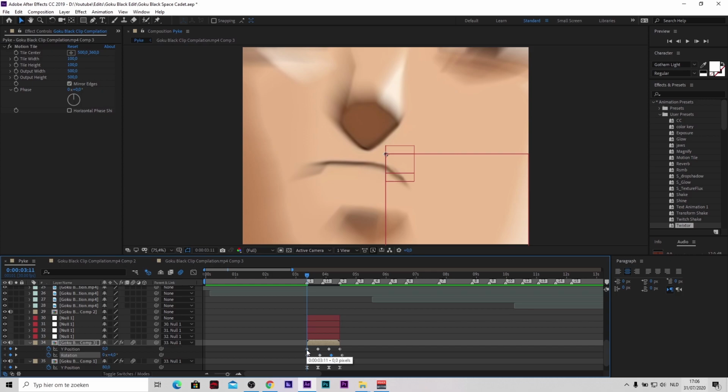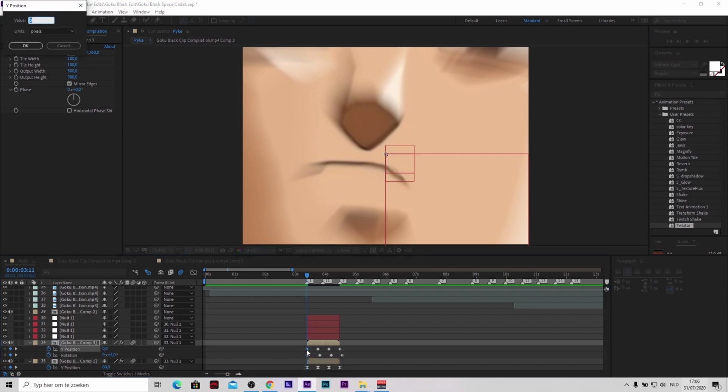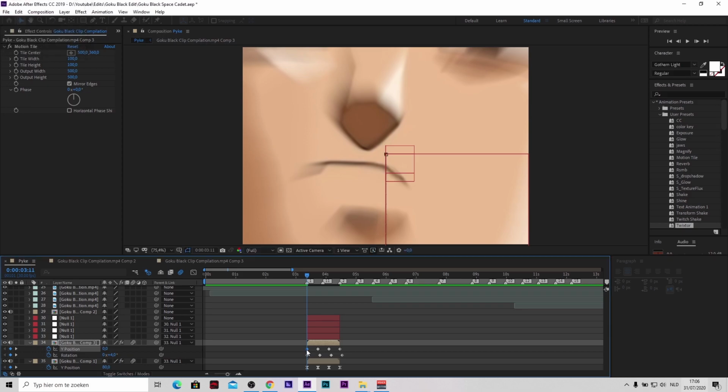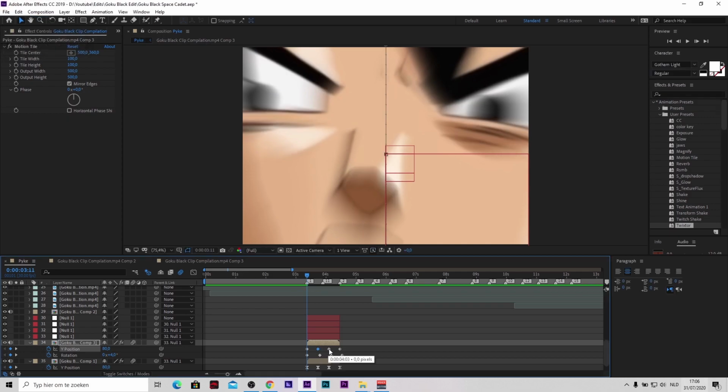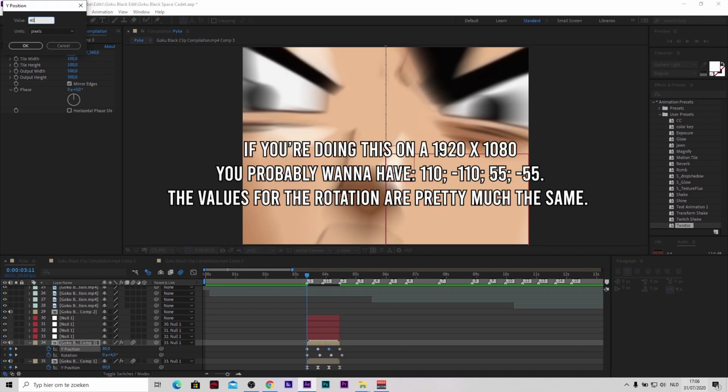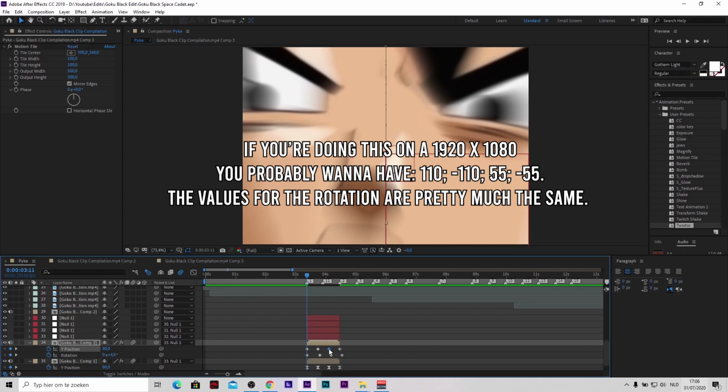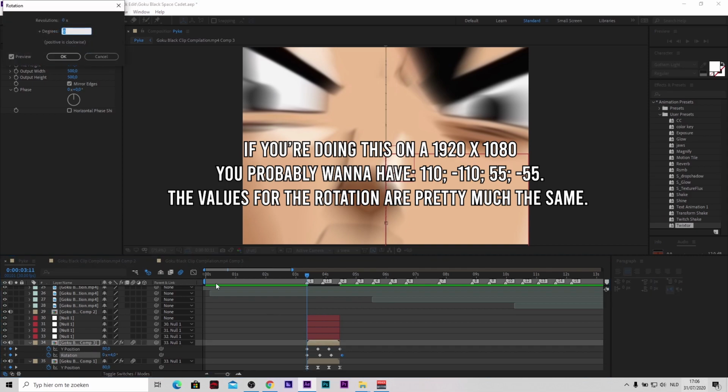Then for the Y position, I think I have 80 right now. I used to have 50 for some reason, I don't know why. Then for the second one, make it -80. Then 40, or I think I have 50, so I'm gonna make it 50. And I forgot for the last two